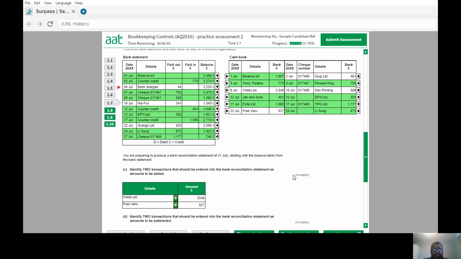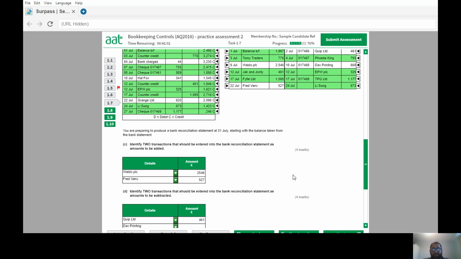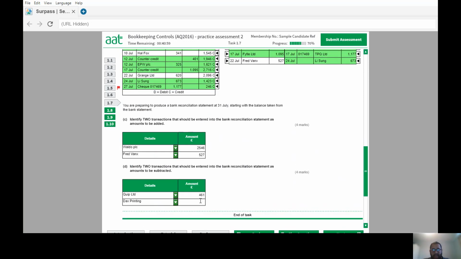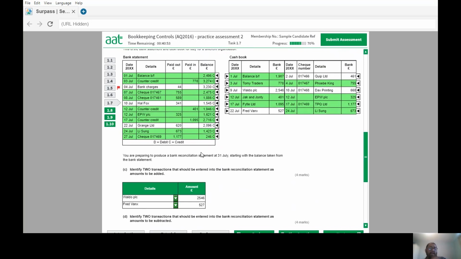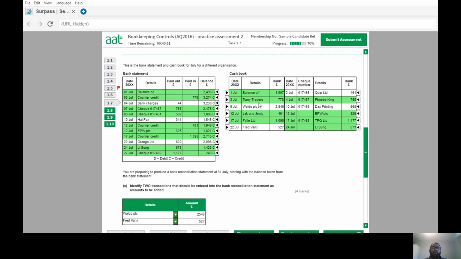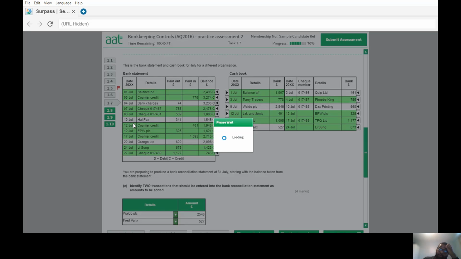And this one is going to be 461 pounds and 668 for the other one. That's all it is there. All it has done here is just check against each other and find what the timing differences are. Okay, now let's move on to question